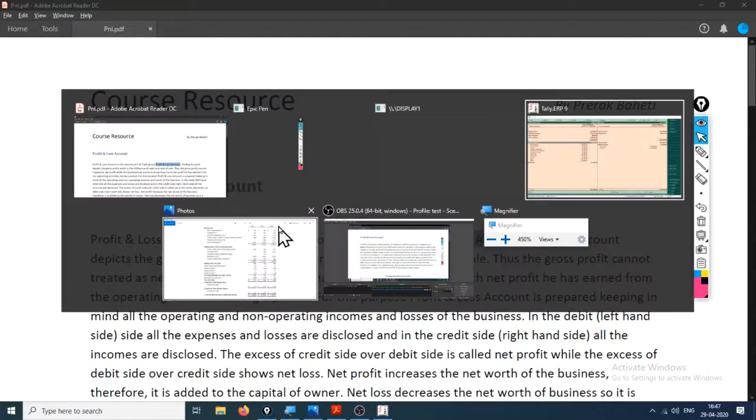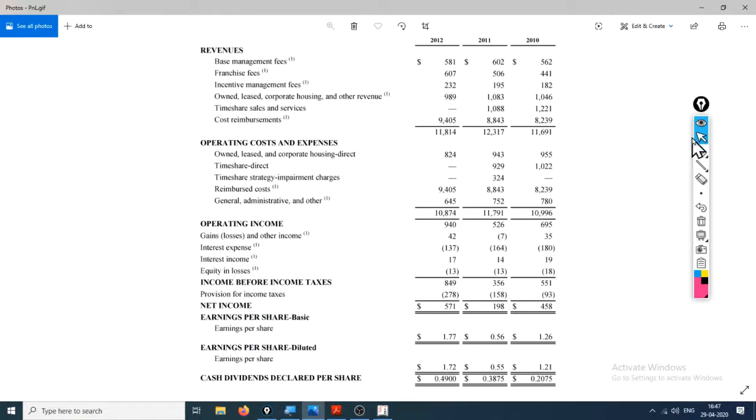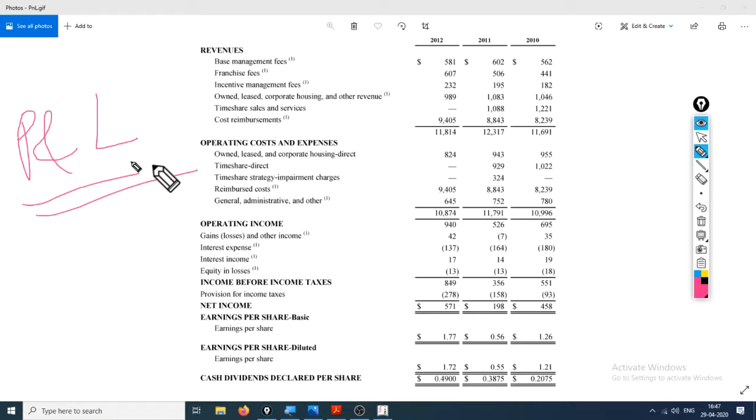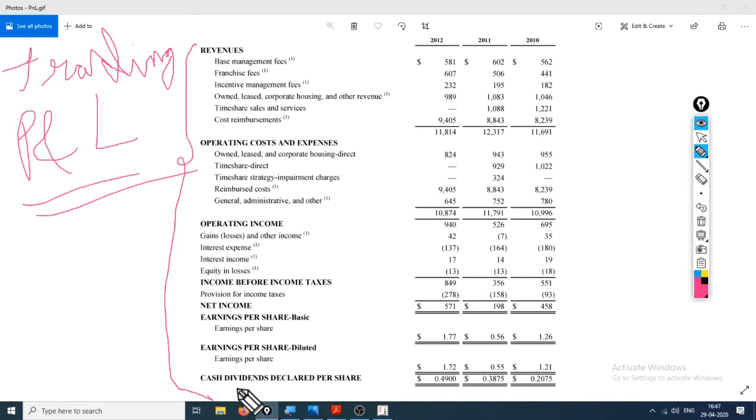Okay, before moving forward, I want to show you this glimpse of a reporting standard of the P&L account. This is trading also. Now the reporting standard is different from the blueprint that we create. And why is it so? Because the law has decided so. Now who can question the law?